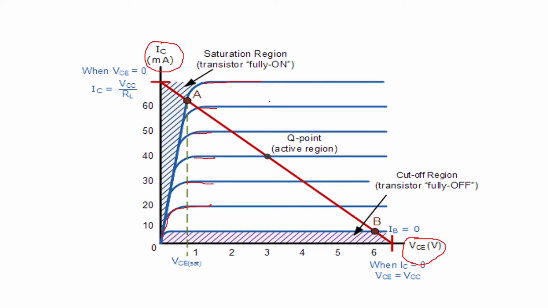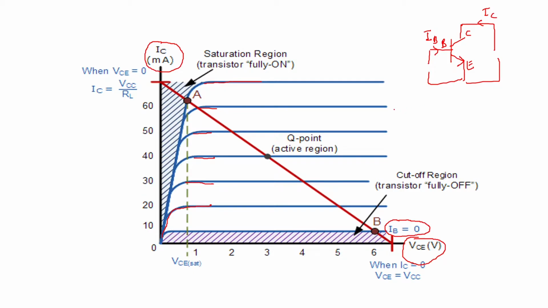Now if you draw a graph like this, initially when the input current is zero, that is base current, say in this case of common emitter configuration, IB is the input current. If you see this configuration here, this is the common emitter configuration, this is your input circuit, and this is your output circuit. Here you have your emitter, here you have base, and here you have collector. So the input current is IB and the output current is IC.